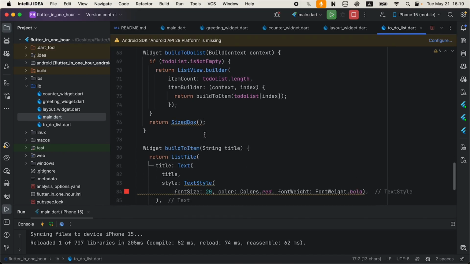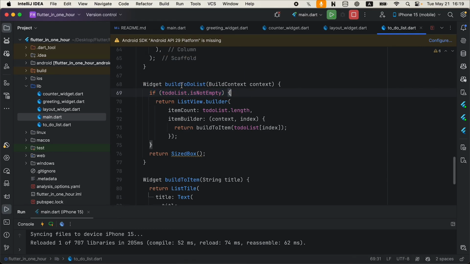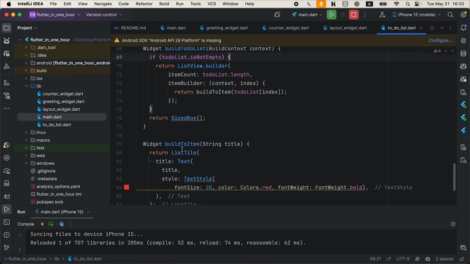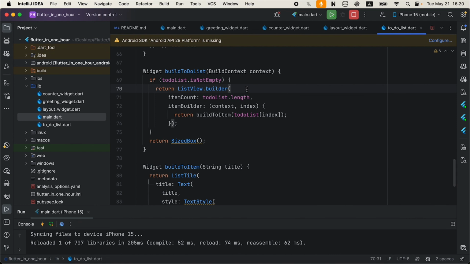Also, we have created two widget functions. One of them is the build to do list function, where firstly we check if the list is empty or not. If the list is not empty, we display our list of widgets. So basically we display our text. And how are we going to display it? We call a list view builder. What does list view builder do? List view builder helps us to display a list of widgets